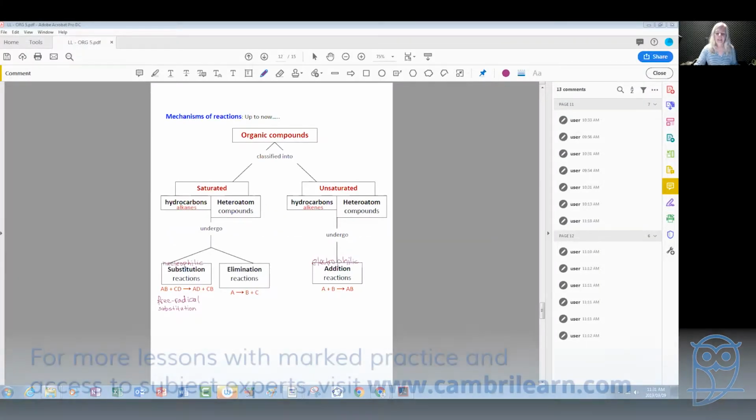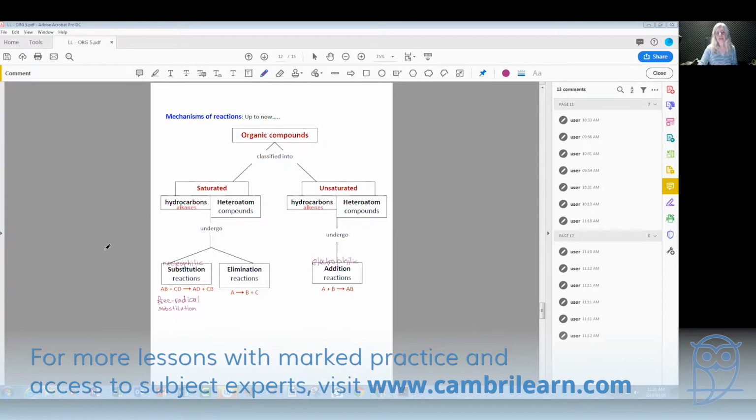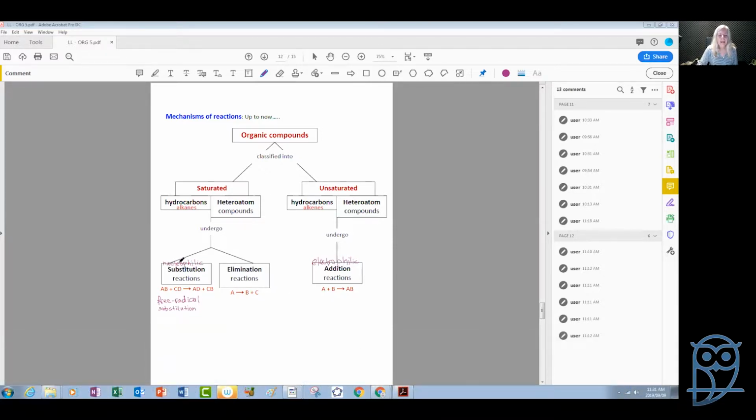Okay. So last week we nearly finished with all the mechanisms of the reactions that we are going to meet. And we discussed this diagram. We have discussed all sorts of nucleophilic substitution reactions. The only thing that we have left out was